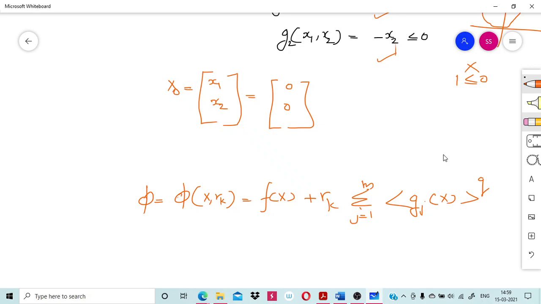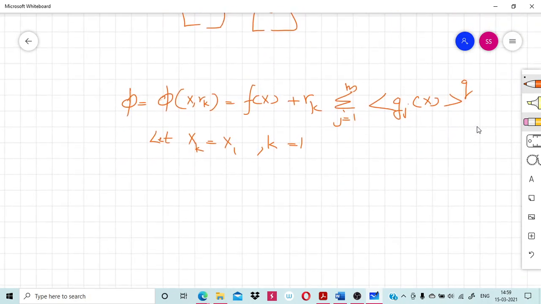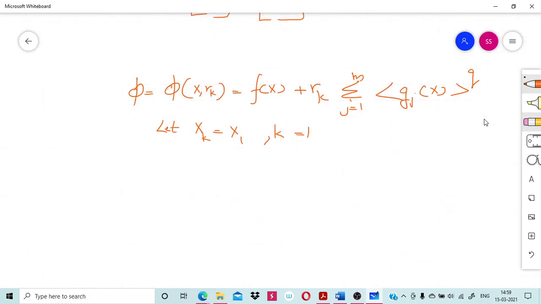Okay, so in the first step of the exterior penalty function method, you have to choose an initial design of x, that is, let xk equal to x1, where k is equal to 1, and I have rk equal to r1. So rk is r1 we have chosen,